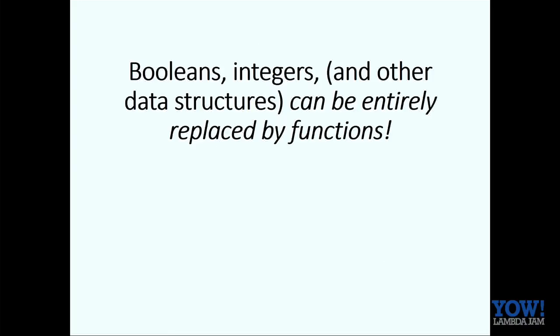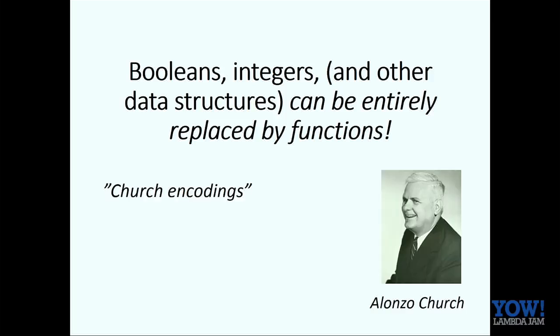And in fact, you can carry this idea further, and you can take any data structures, lists, tuples, you name it, and represent them all by functions. So you don't need any of that stuff. And the man who realized this was Alonzo Church. They're called Church encodings after him. Why did he want to do this? Well, because Church was interested in using functional programming as a foundation for mathematics and a foundation for computation. He wanted to show that you could build everything else out of just functions. So he had a very theoretical interest.